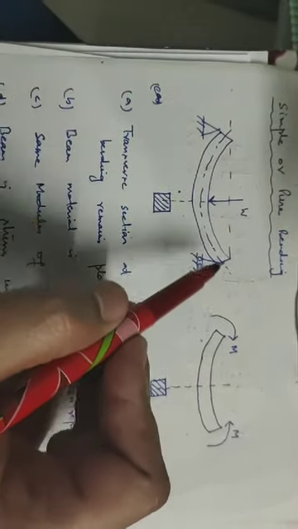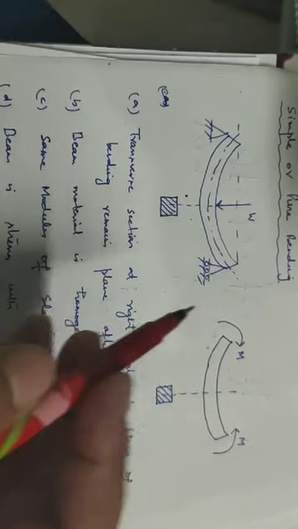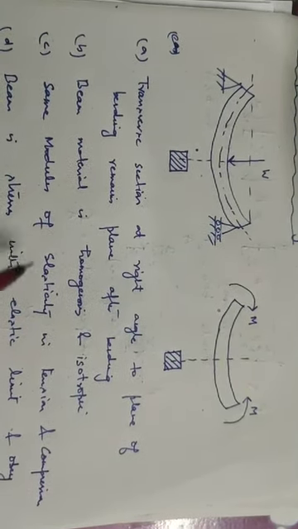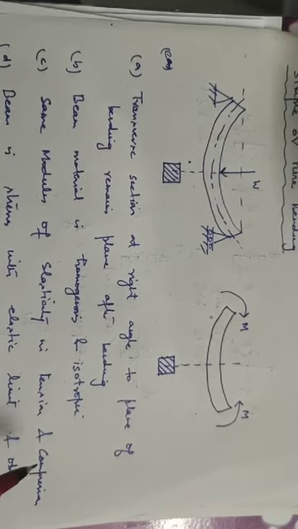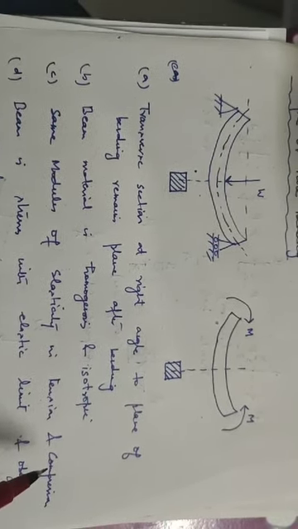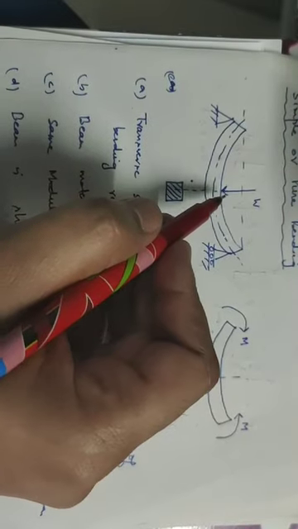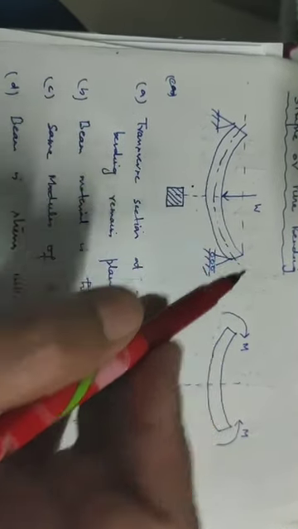होमोजीनियस इसेंट्रोपिक मीन कि जो मटेरियल है उसकी प्रॉपर्टीज जो है, that remain constant throughout the beam. Next assumption is that we will take the same modulus of elasticity in tension and compression. अब ऊपर वाले पोर्शन में compression है, नीचे वाले पोर्शन में tension है, but we will take the value of modulus of elasticity, that is E, same in tension and compression. Next assumption is that कि जो बीम पे जो भी bending होगी, that will be up to the elastic limit and it will obey Hooke's law.